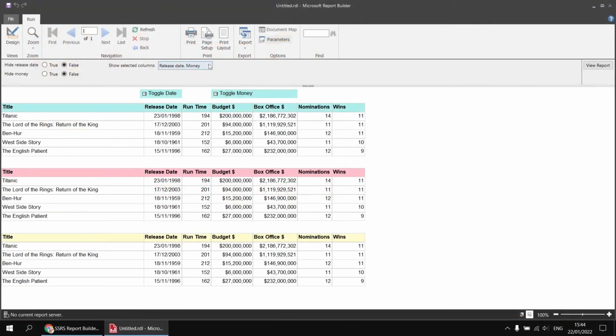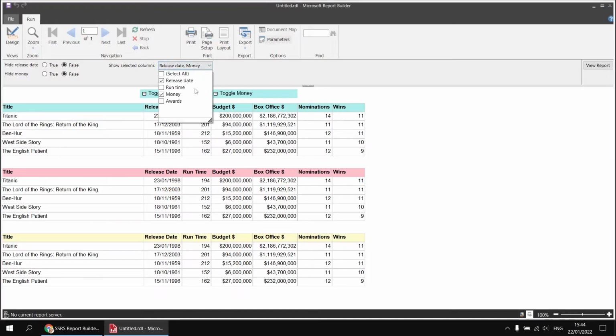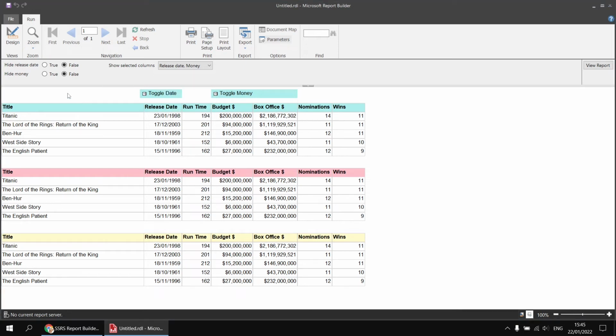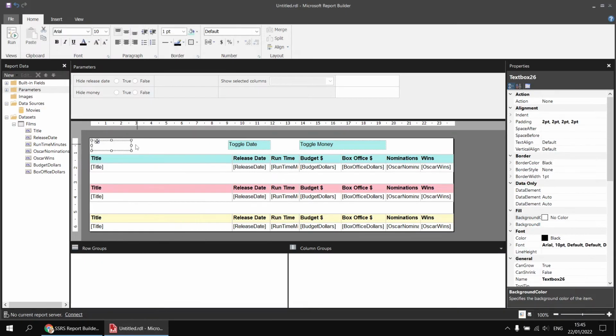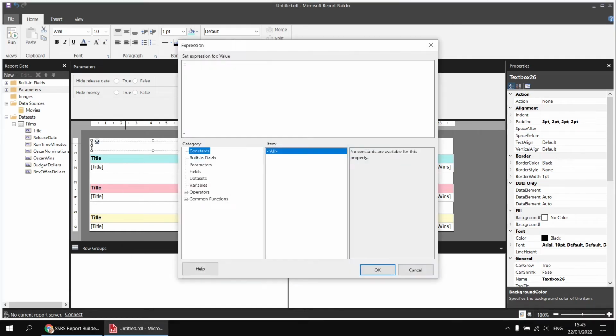Next, we need a way to check whether an item in this drop-down list has been selected or not. And to explain what's going on in the background here, I'm going to use a basic text box to show the results of a couple of expressions we'll write. So I'm going to go back to the design view, and in a blank space somewhere in the report, I'm going to choose to insert a text box. I'm going to right click into that text box and choose expression. And I'm going to begin by using the